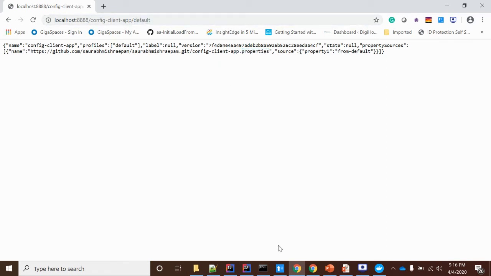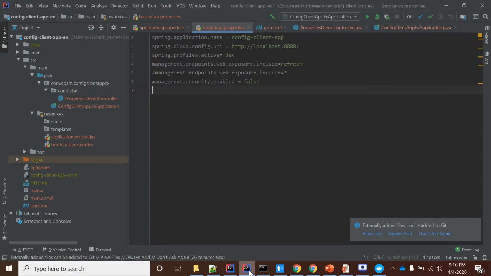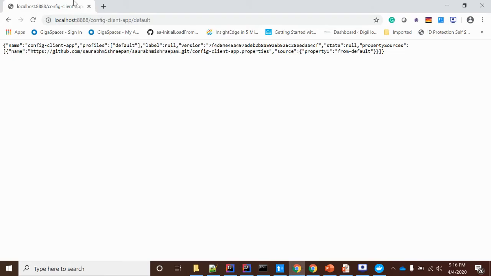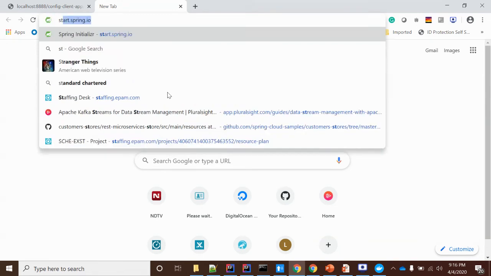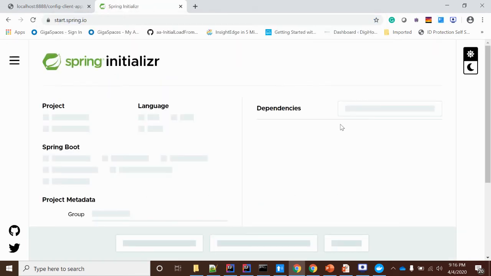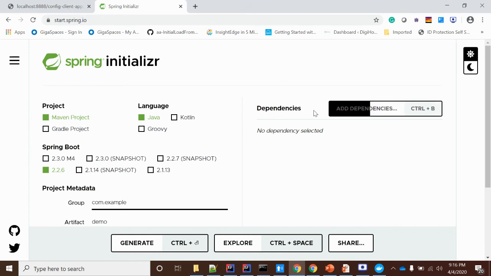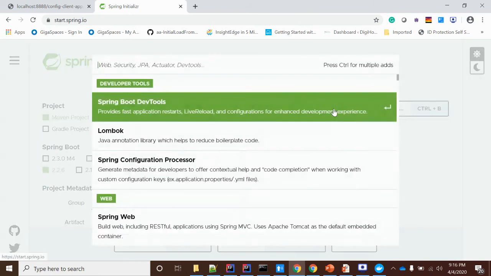Now the next component which we saw here, the third component, is the client application. So let's go to our IntelliJ and we'll create a third component here and we'll see how exactly it works. For that purpose, again, you can go to start.spring.io, and here you can download an application by configuring the dependency. So what dependency it will require is,